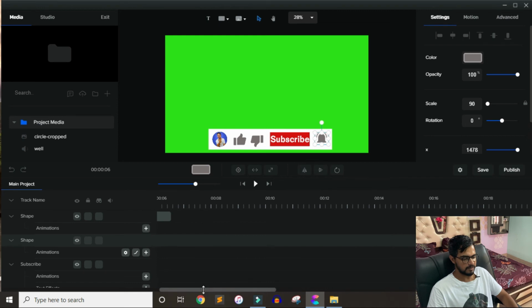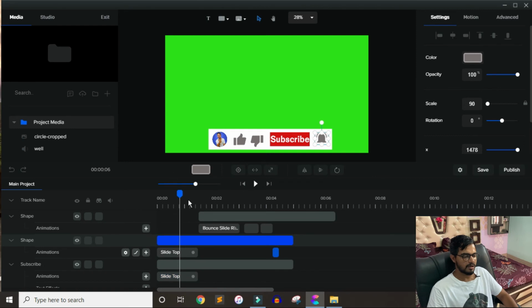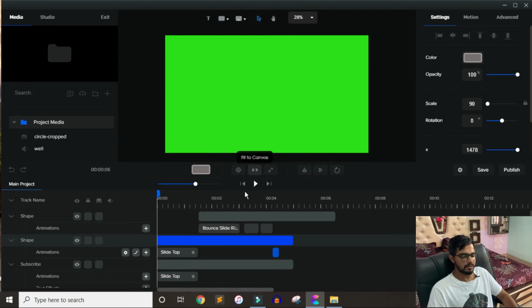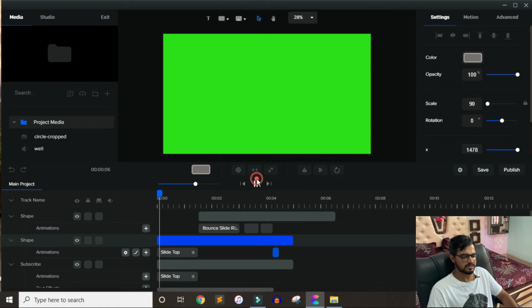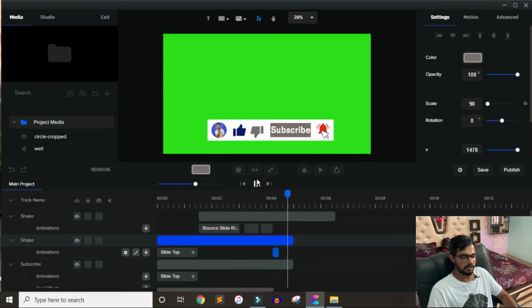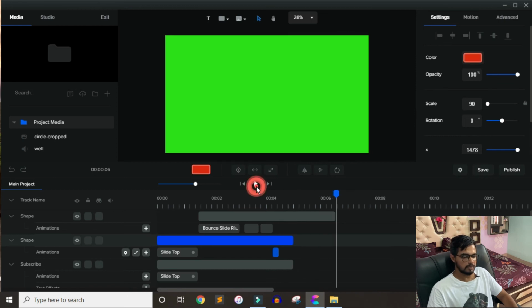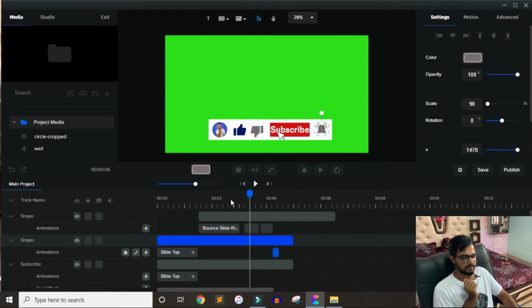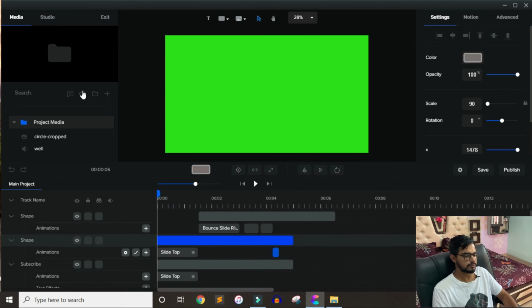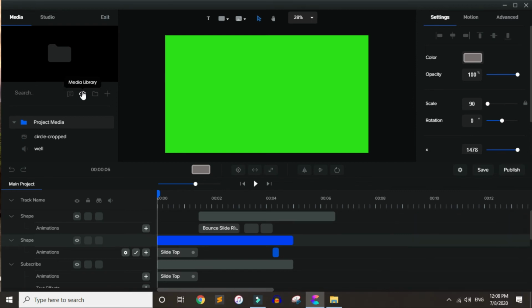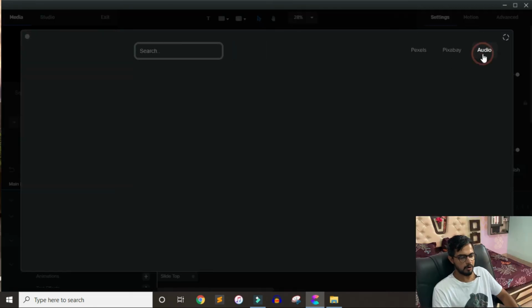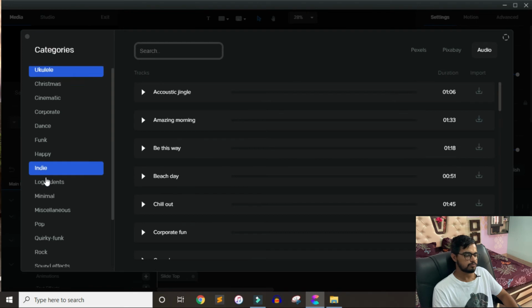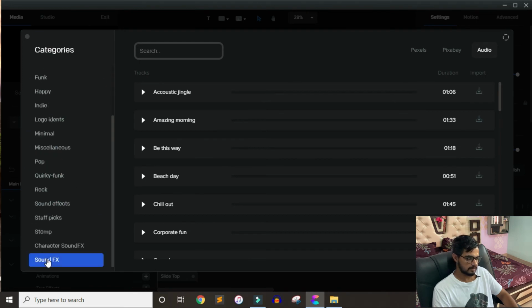I think after that we are going to apply some mouse background noise. Background noise voice. Yes, you see. The next thing, okay, actually we have a lot of work to do, but first of all I'm going to use the media library, and here I'm going to go to the audio, then I'm going to choose the sound effects.